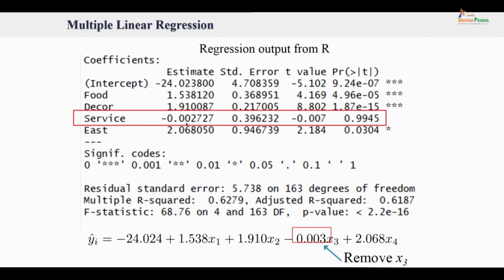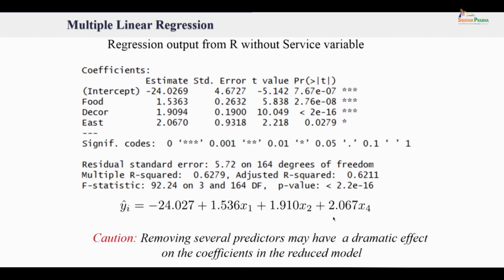As I said, from the confidence interval for the slope parameter for service, we can say that it is insignificant and perhaps we can remove this and try the fit. For the time being, let us remove this and try the fit. We have done that, we have only included now food, decor and east and done the regression again, and it turns out that the regression